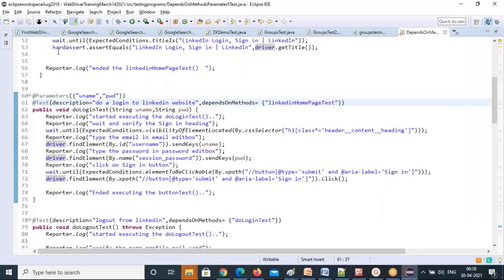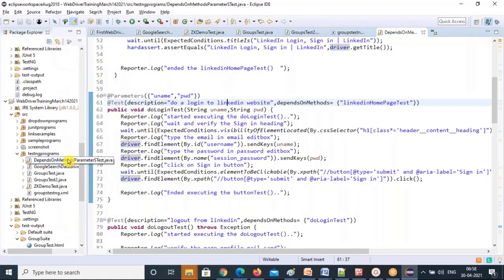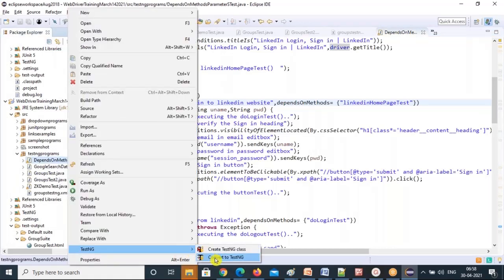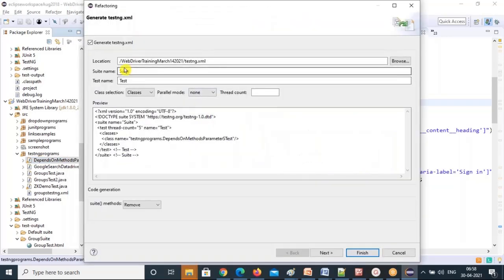From an XML file. So let's create an XML file for this class. Right click on this class, testng, convert to testng. This is how to create a testng.xml file. Go to the generate testng.xml window and give here parameters suite, and then parameters test, and here you need to change the XML file.